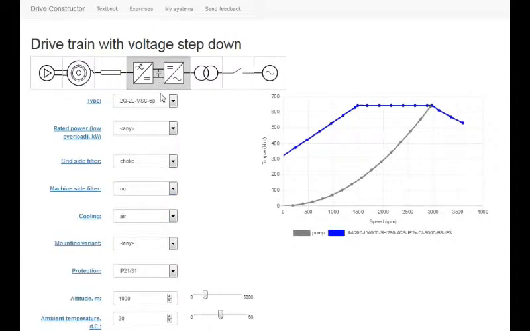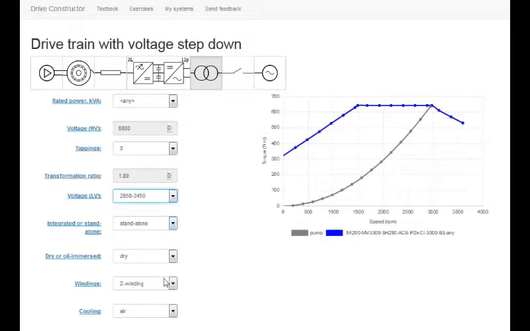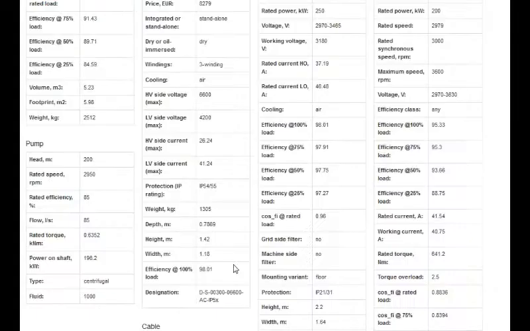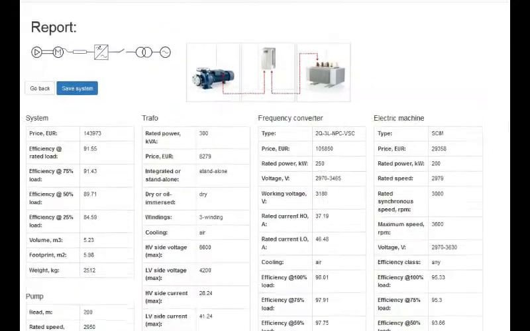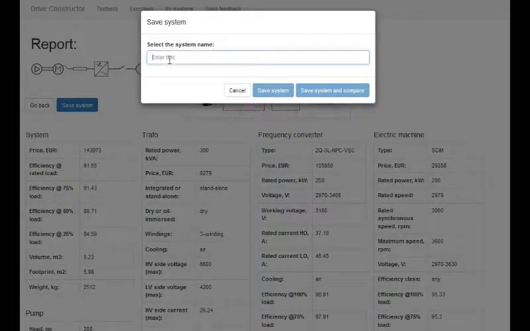And now we should use a very special converter topology, 3-level neutral point clamp converter, and we should correct not only the voltage of the transformer but also the number of windings to 3 windings, so the converter and the transformer match with the number of connections. Now show report, we see all the parameters and we can save the system again under the new name